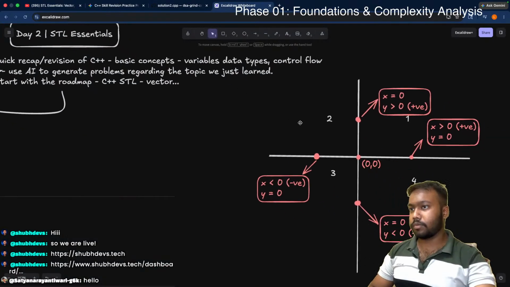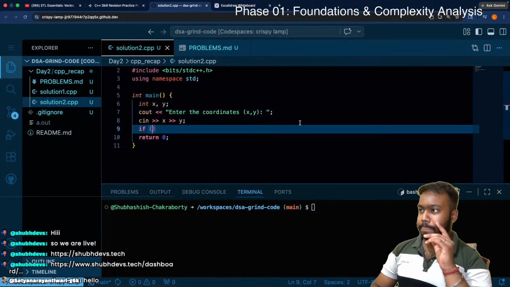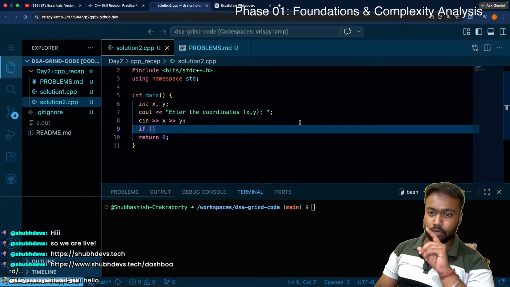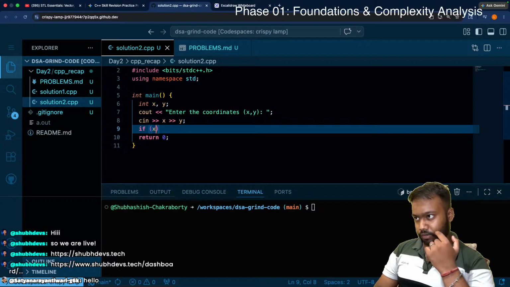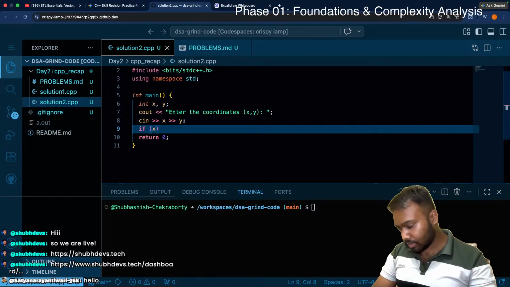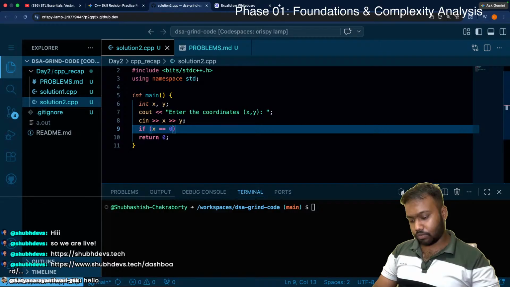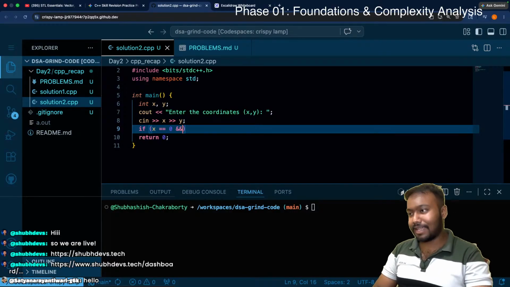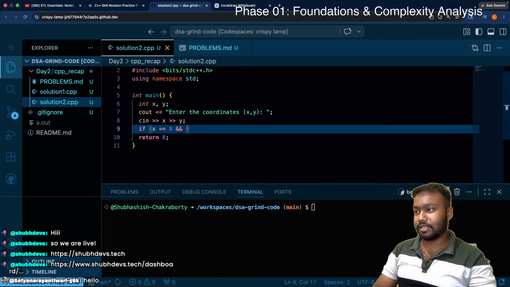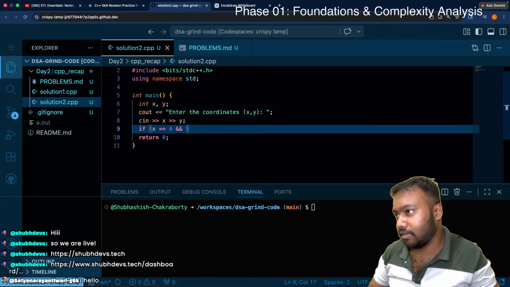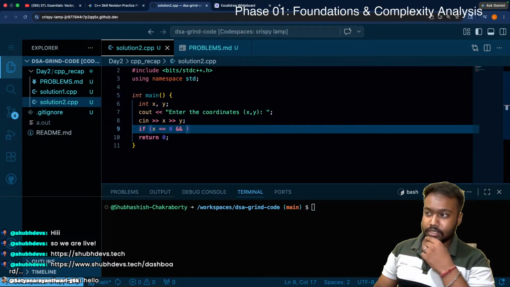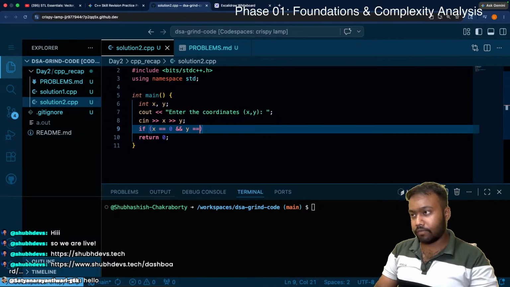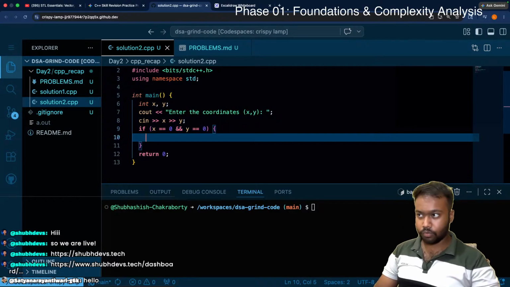So basically this was the second question we're solving. Now we have our coordinates. First of all, the very first condition will obviously be if x is 0. And this time let's not use the brackets, for better readability. If x is 0 and y is also 0, then what we will do is